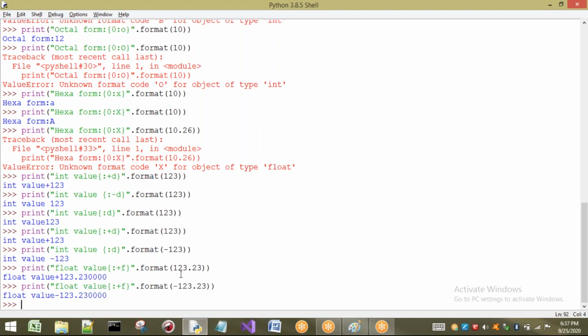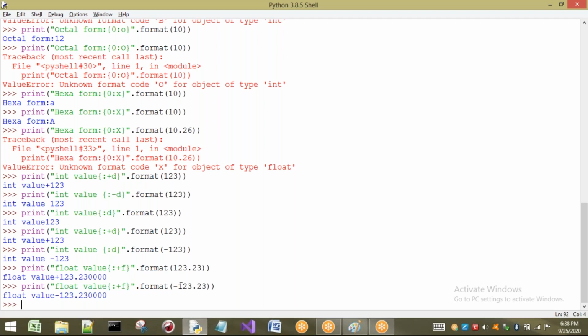Whatever value we give in the format as a parameter will be printed as it is. Mainly for formatting positive numbers, we have to give plus. But for negative numbers, no need. Directly we can write the negative sign for the numbers. So this is about formatting positive and negative numbers.